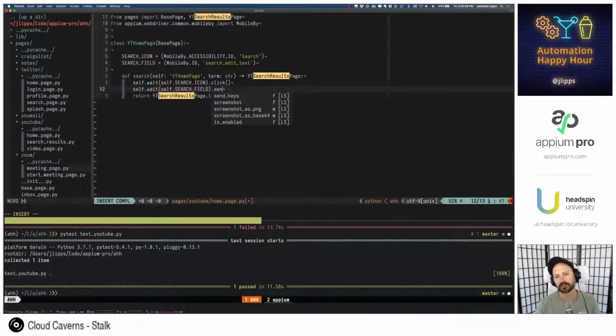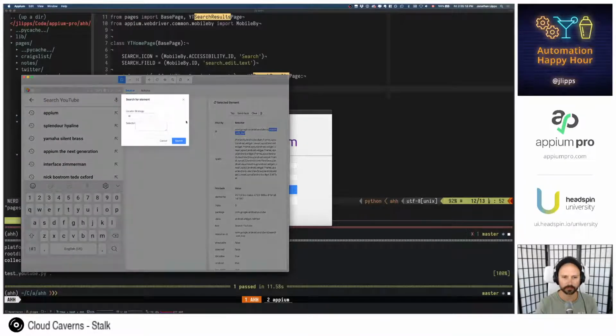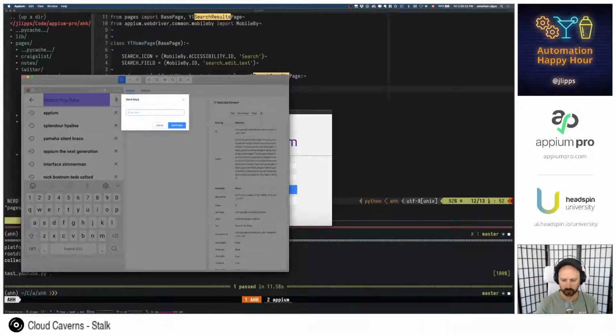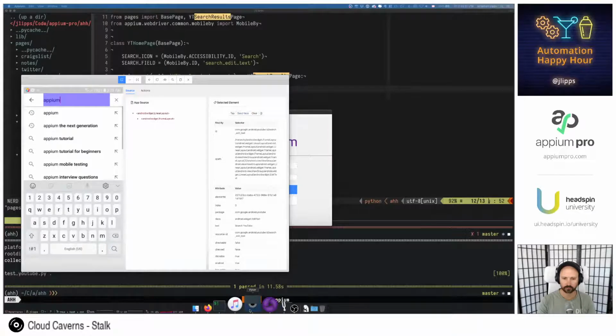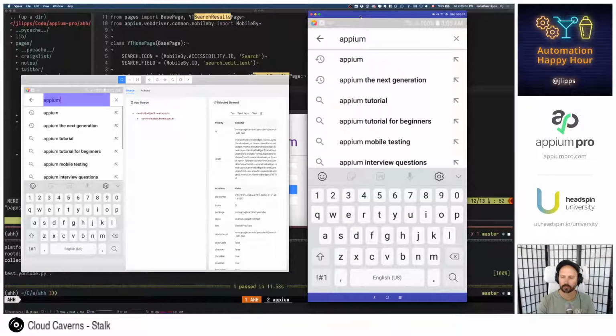And what we want to do is send keys, obviously. Send in the term. See if that works here. Nope, not search, sorry. Send keys, Appium. And then what we want to do is essentially hit enter.